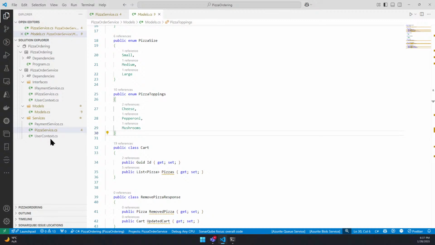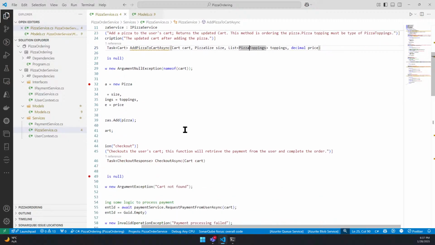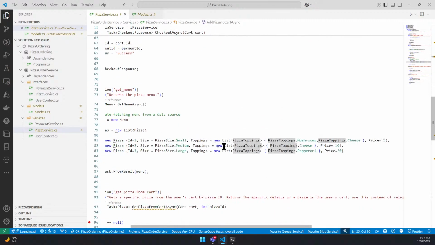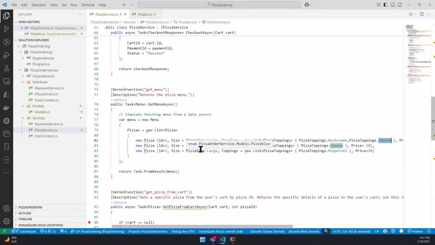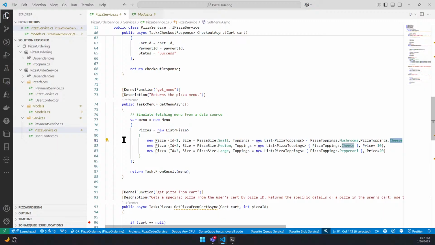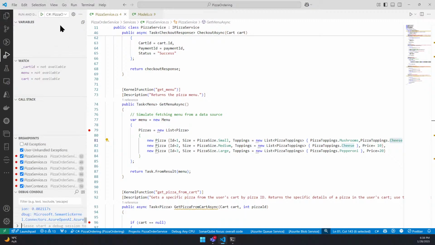And in my menu, yeah, it calls get menu. And this is again the same type, pizza toppings, and it's using these enums also. But still, it couldn't convert the type. Let's try to do it from here. So, for example, if I put a breakpoint here and if I go to debug,